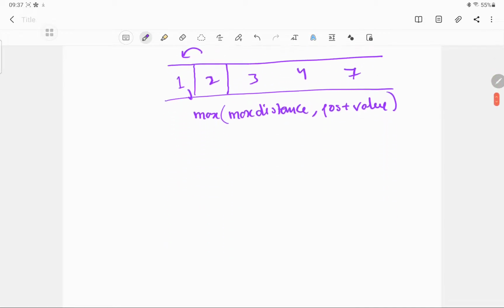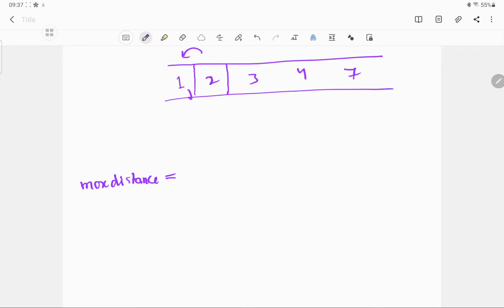Let's just do one dry run of this. So I'll just create a max distance variable here. Initially, once again, the position is the first position. We usually in programming start the first position with 0, so let's do that.